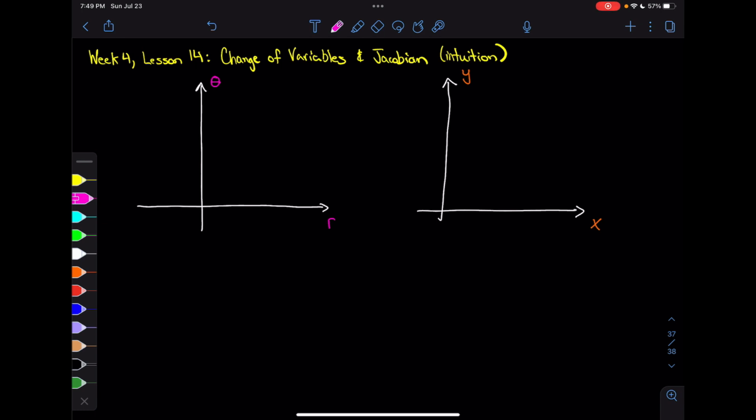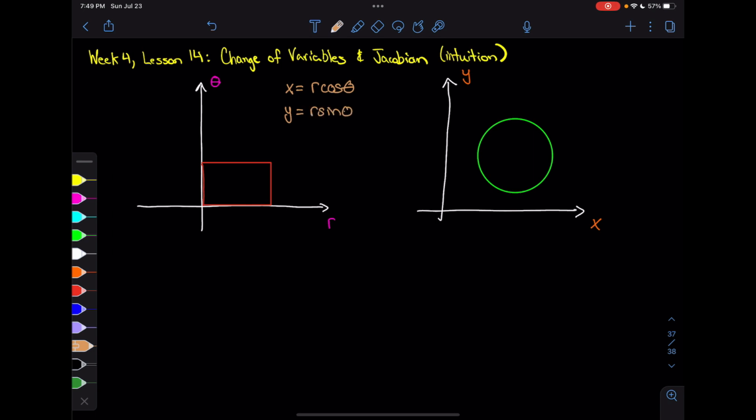And if we needed to, say, integrate over some region over here, some circle, we found that usually if we let r go from, say, 0 to whatever the radius is, and then we let theta go from 0 to 2 pi or something, we could basically create a transformation that says, look, if you give me some combination of r and theta for x, and you give me some combination of r and theta for y, then what we've been doing is we say, look, if this is 2 pi, and let's say this is a